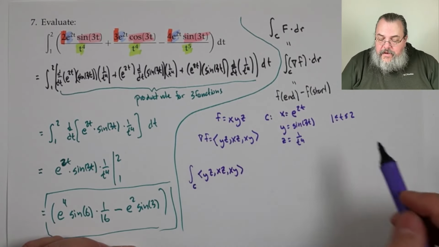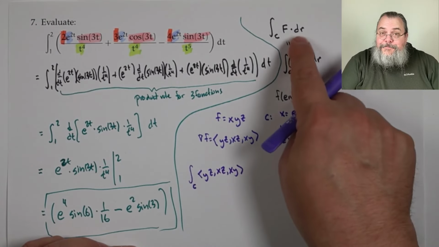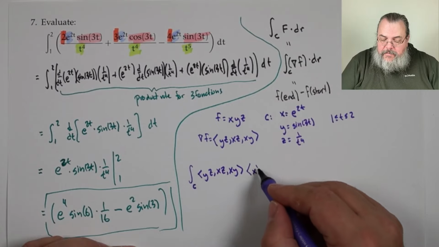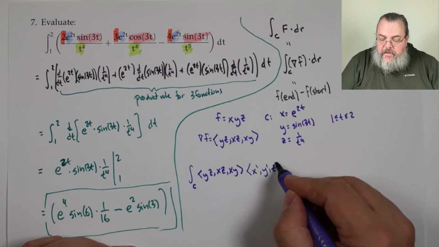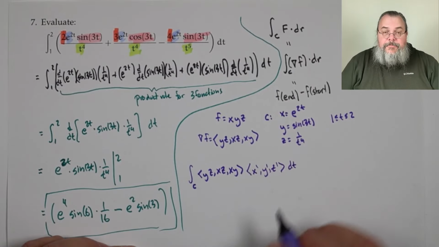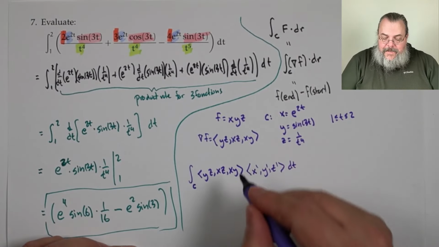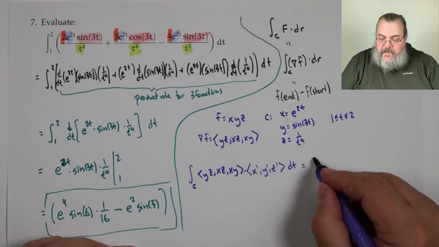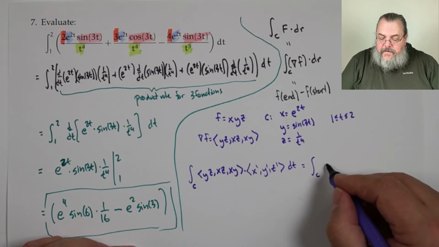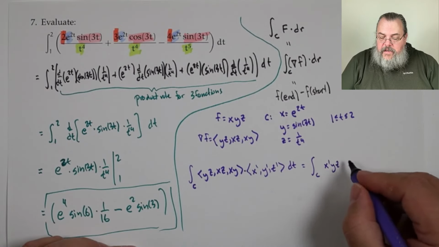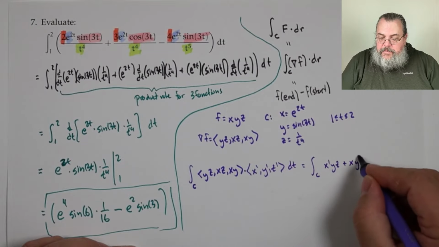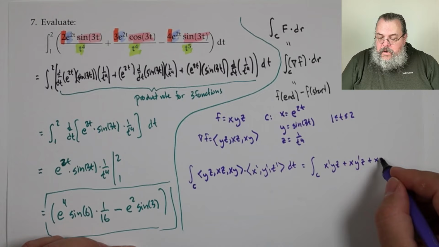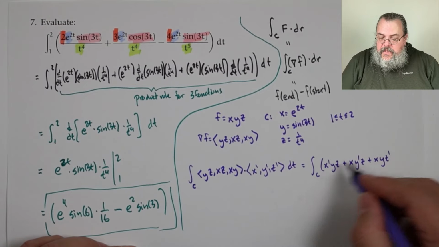And what is our dr? Well, our dr is our x prime, y prime, z prime, dt. And now we say, oh, so this says if you integrate along the curve of x prime yz plus x y prime z plus x y z prime dt,